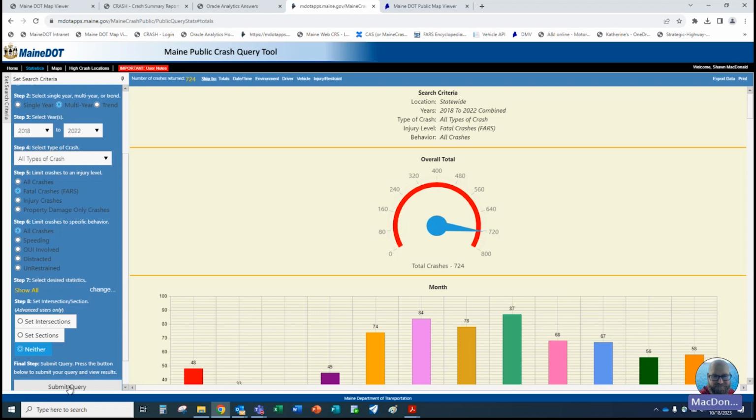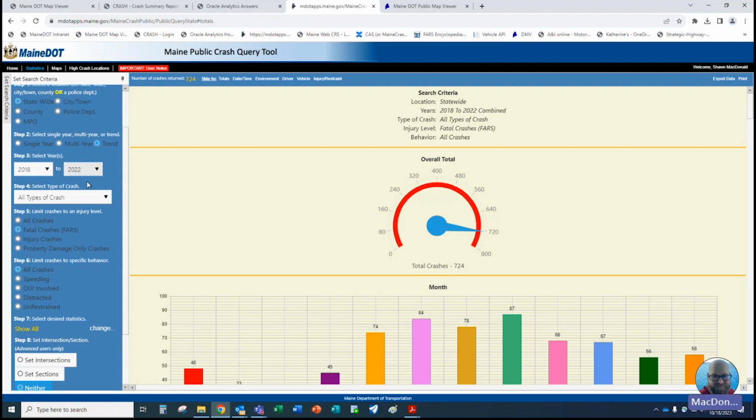And sometimes my numbers, because sometimes crashes happen off system, sometimes they're on system, sometimes those numbers don't quite jive. So always make sure to check with the Bureau of Highway Safety when it comes to fatal crash information, if that's a particular interest to you, depending on what you're doing. So that's statewide for 5 years.